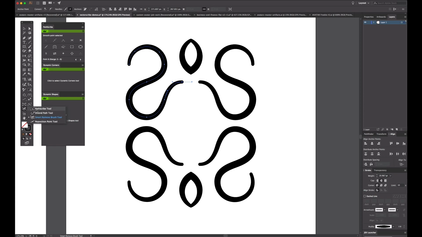I'm going to select the Extend Path tool from the toolbox, and then if I hover over one of the endpoints here, I can simply click on that point and start dragging. You'll notice that I get this grayed out preview of where the path is going to go. And if I also hold down the mouse